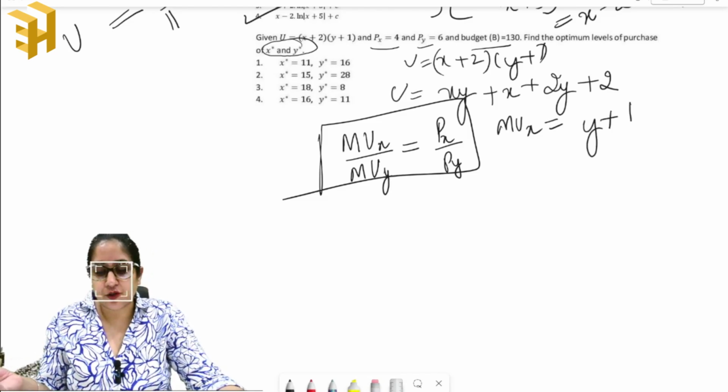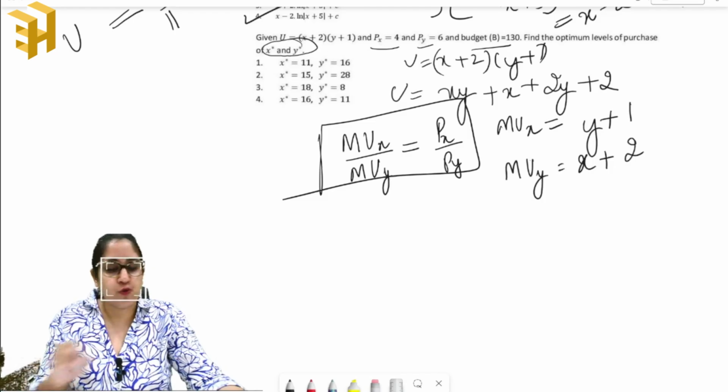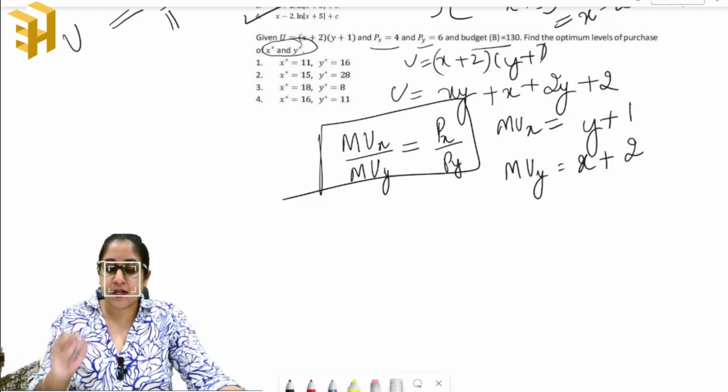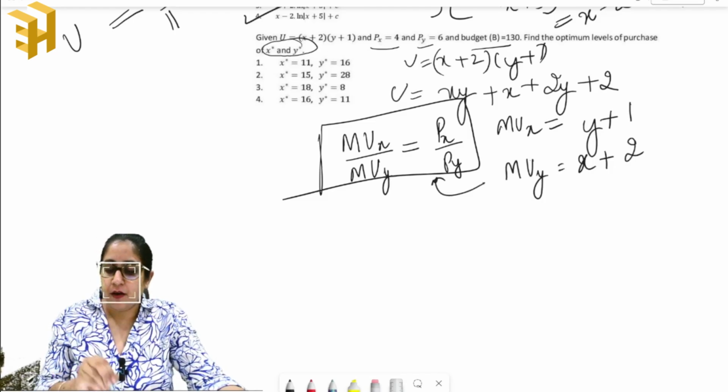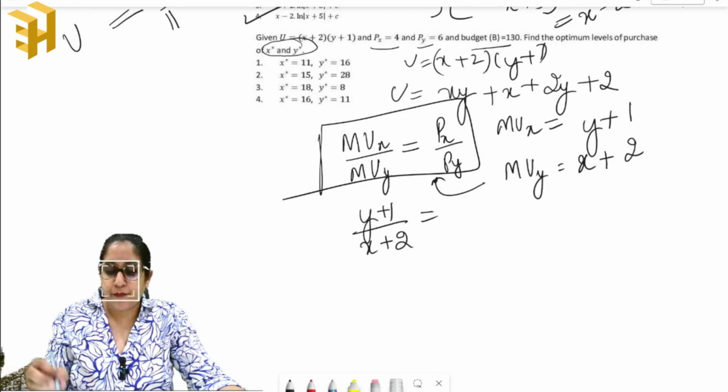Rest are treated as constant, and muy is given as x plus 2. Okay, now substituting these values here, we get